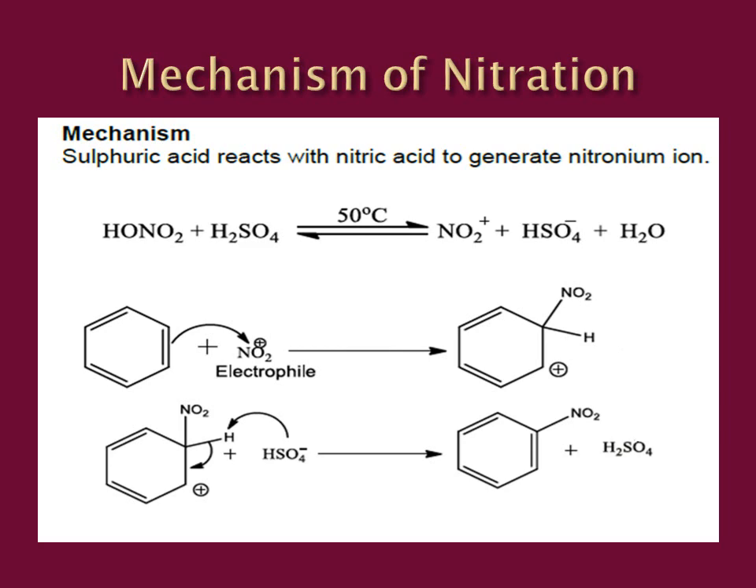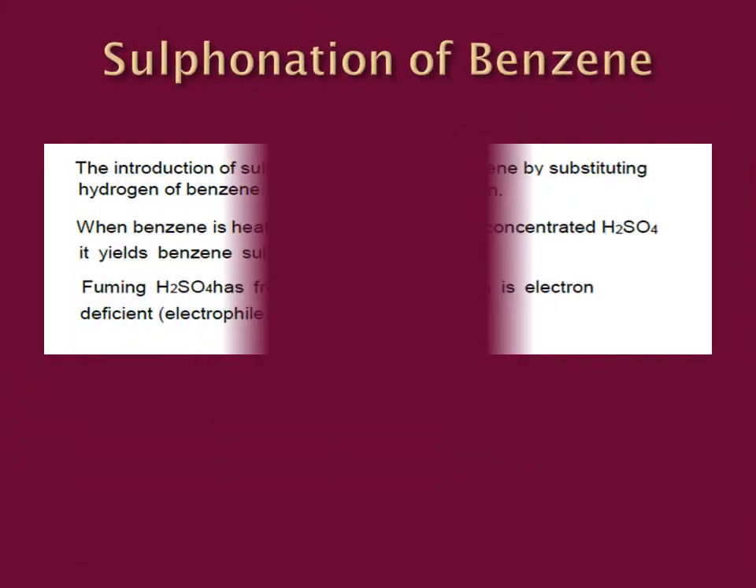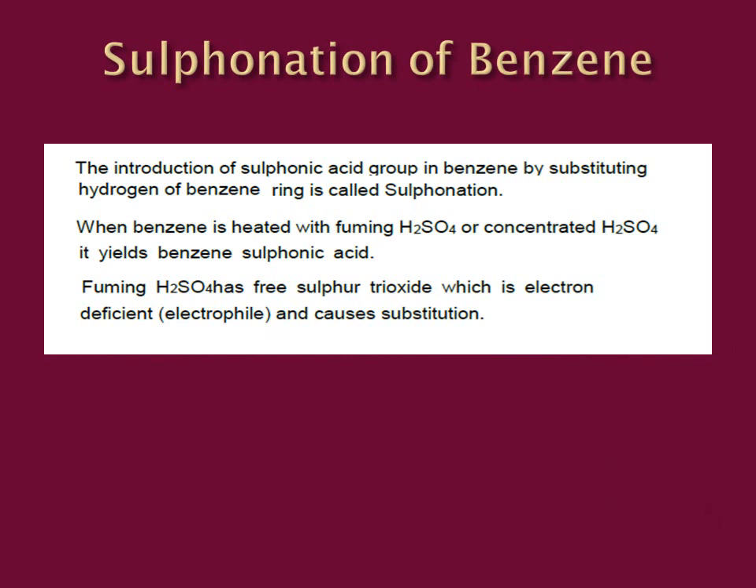Students, the second electrophilic aromatic substitution reaction that we have to study is sulfonation of benzene. The introduction of sulfonic acid group in benzene by substituting hydrogen of the benzene ring is called sulfonation. When benzene is heated with fuming sulfuric acid or concentrated sulfuric acid, it yields benzene sulfonic acid. Fuming H2SO4 has free sulfur trioxide, SO3, which is electron deficient, so it acts as an electrophile and causes the